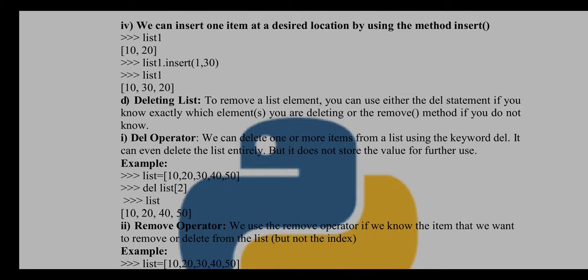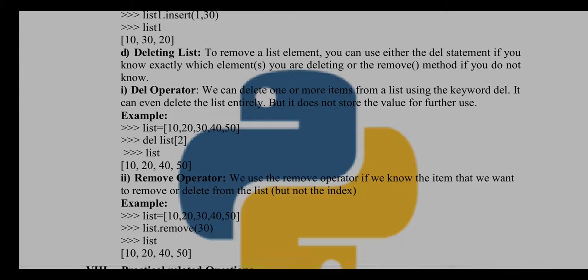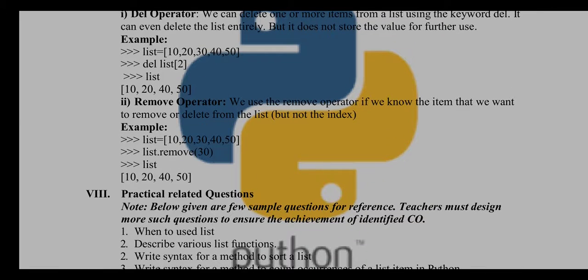Okay, if you want to delete a list, or you want to remove an element from a list, you can use the del keyword over here, and you can specify which element you want to remove from the list. So that particular element can be removed from the list. Okay, you can use the remove function, through which you can directly specify the element, so that particular element can be removed from your list.